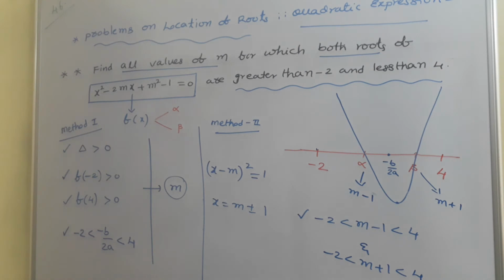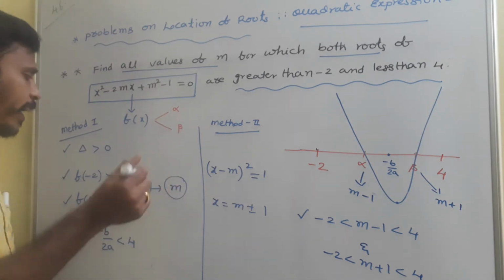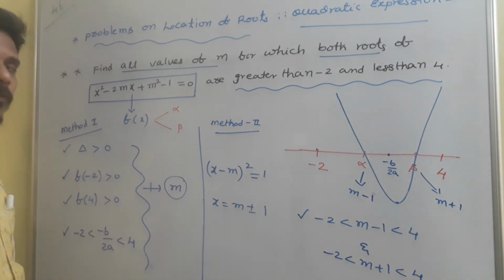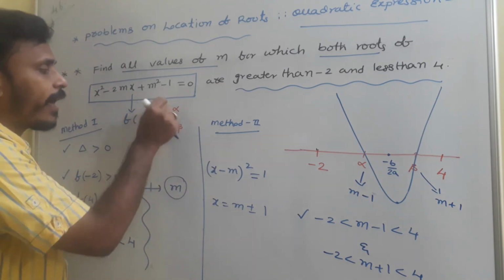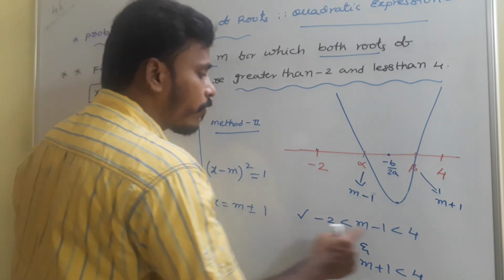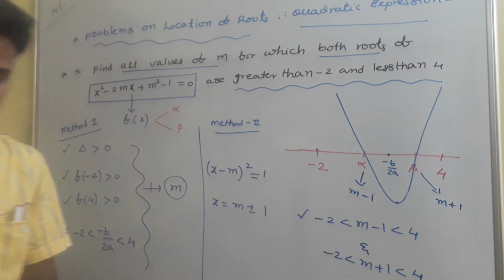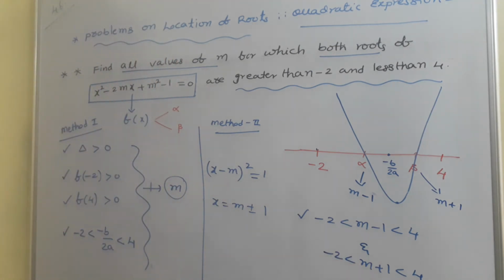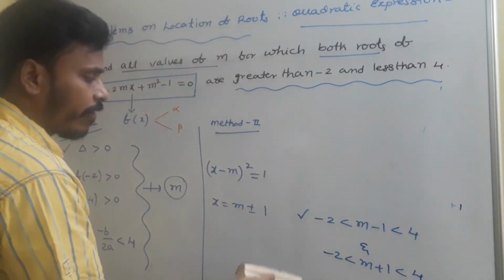This is another way of solving. At the end, we need to find out the possible values of m. In one situation, we will write all the conditions as per the graph and we need to solve all those things to get the m. In another method, just directly find out the roots as m plus or minus 1. Since both the roots are in between minus 2 and 4, we need to locate the values of m. So how can I solve it? Just have a look. For the space, I am erasing the graph here. Okay, and I will rewrite this situation.